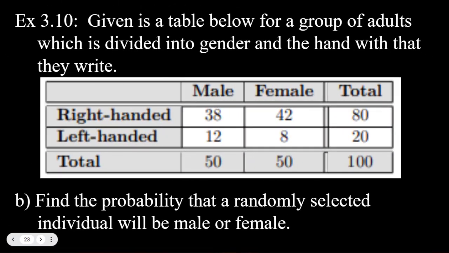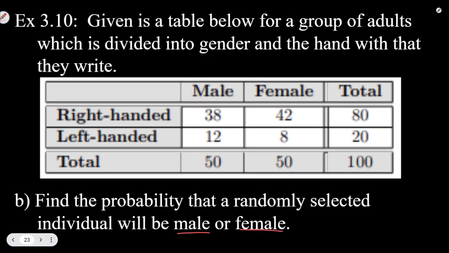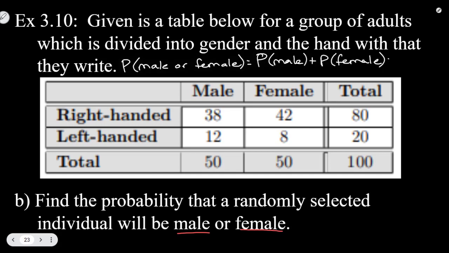For part B, find the probability that a randomly selected individual will be a male or a female. All right, well, these two groups are what we call, remember, disjoint. So the probability of selecting a male or a female would be the probability of selecting a male plus the probability of selecting a female. In this case, that's going to be the total number of males, 50 out of 100, plus the total number of females, 50 out of 100, which gives us 100 out of 100, which is